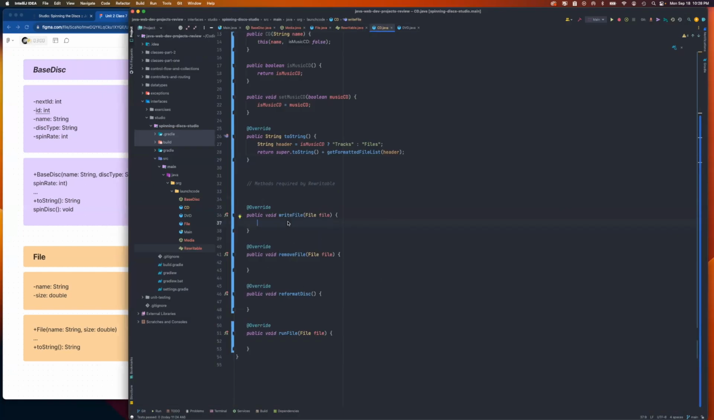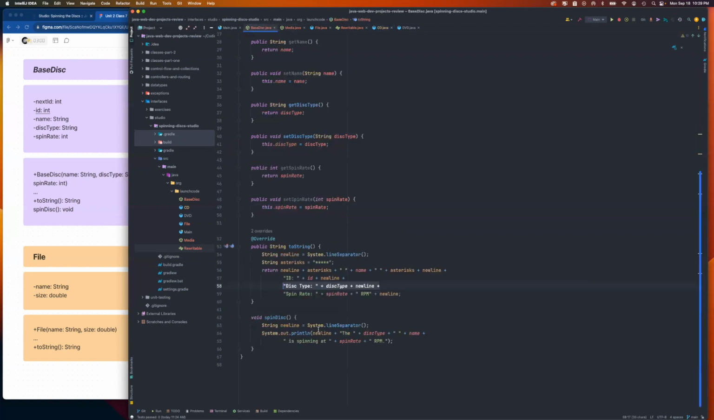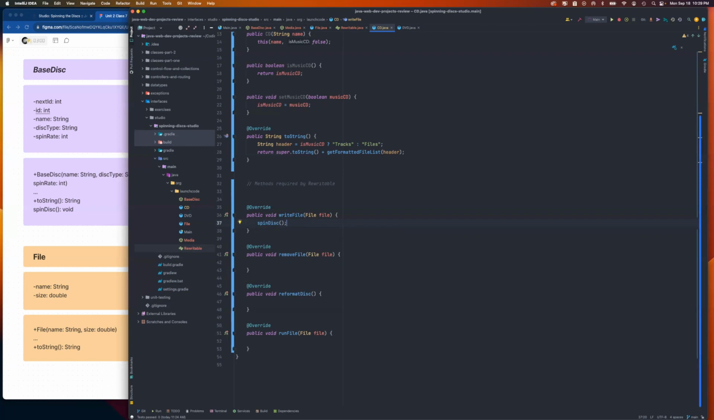The very first thing that I want to do anytime I do something that would cause the disk to spin is to spin the disk. So we have that spinDisk method that was defined in BaseDisk. If you remember, all that does is print out the disk type name is spinning at spin rate RPM. So it'll just fill in the blanks there with the appropriate information and print that before it does anything else. So it just lets us know, okay, it's up and spinning, and then we're going to tell it what else to do. So we'll spin it, and then